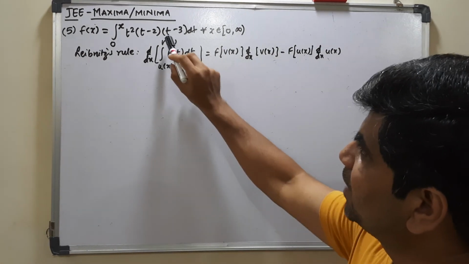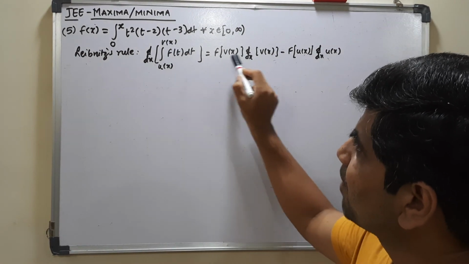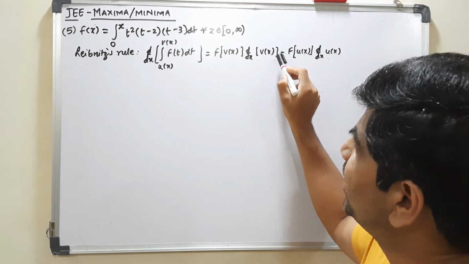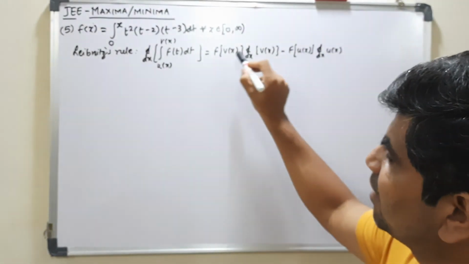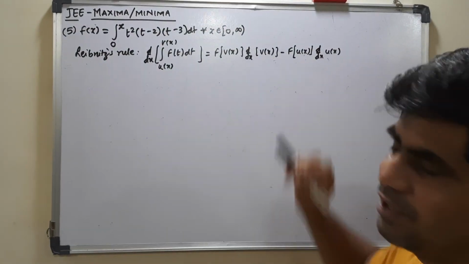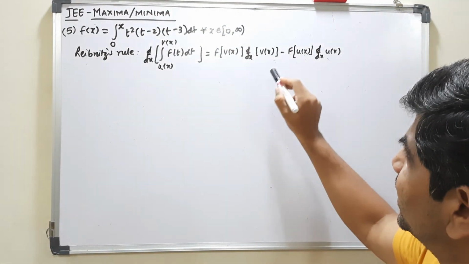So what we take, upper limit first. So it is function of upper limit into derivative of upper limit. Simple way to remember. Function of upper limit into derivative of upper limit minus function of